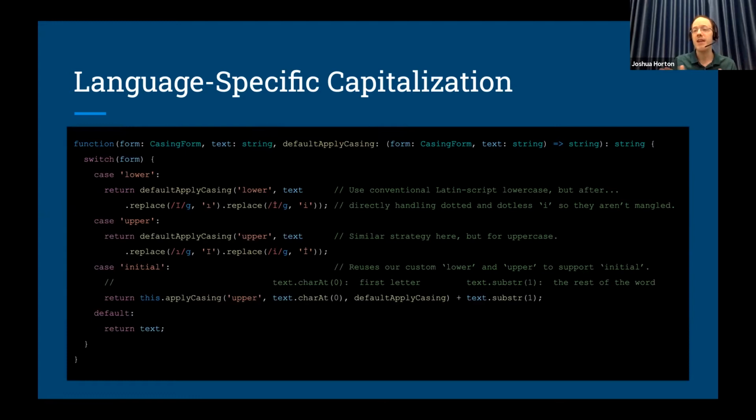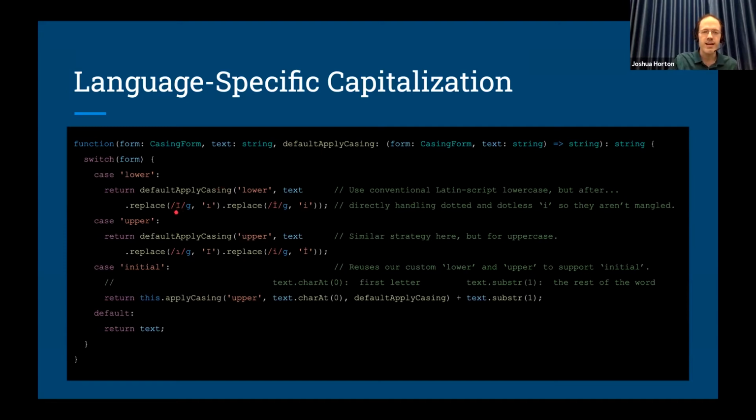So if Latin style casing actually works 99% of the time for your language, you can define customizations for just the cases where it doesn't work, and then leave the rest to the defaults, which will greatly decrease the burden for some languages, like Turkish, which now, as a result, only has to worry about handling the